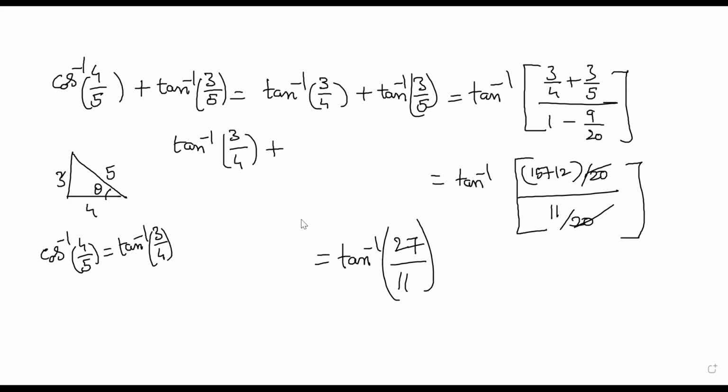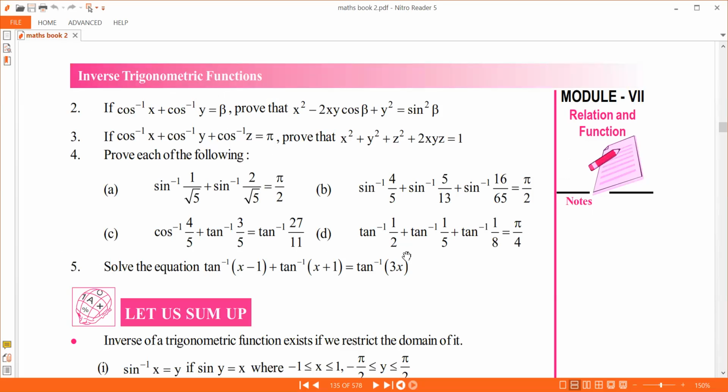So that's how we do. This is straight again. You take two terms and apply tan inverse x plus tan inverse y is equal to tan inverse x plus y by 1 minus xy, and again you have to apply. So you will get the answer pi by 4. Tan inverse 1 you will end up, and then pi by 4. Solve the equation, this is the last one.